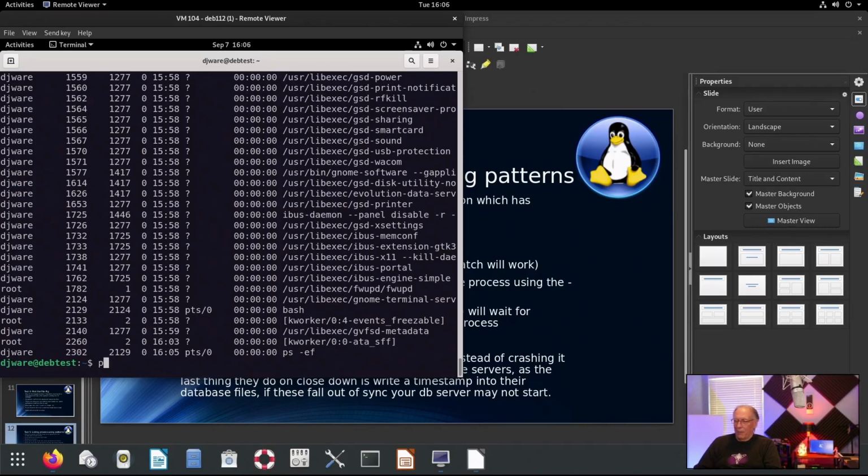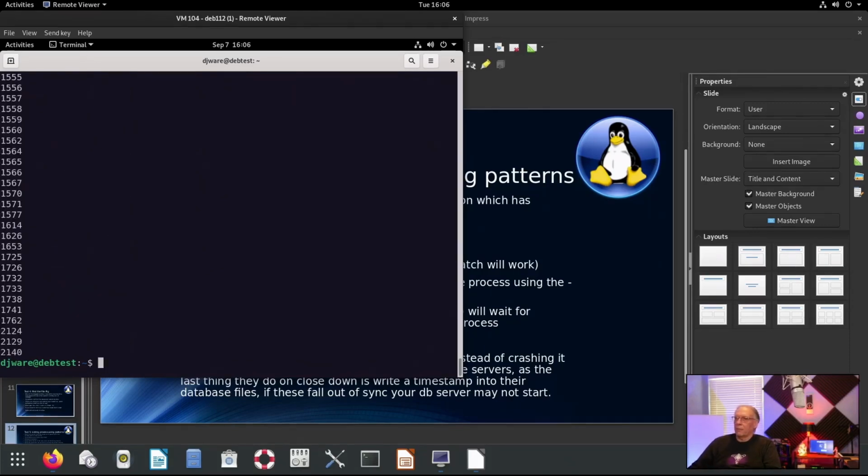So let's try pgrep, and we'll look for, let's see, what processes. I see some here, 1762, 1741. So I'll just look for processes that are running under me. 1762, 1741. There they are right there. So all these others are being run by my user account. And then if I wanted to blow all of my processes away, I could do a pkill,